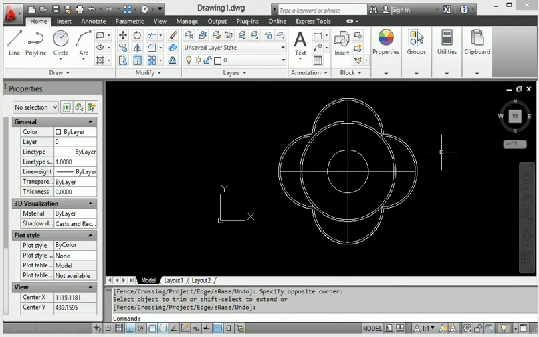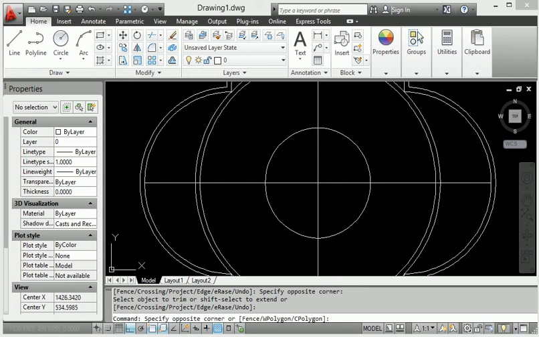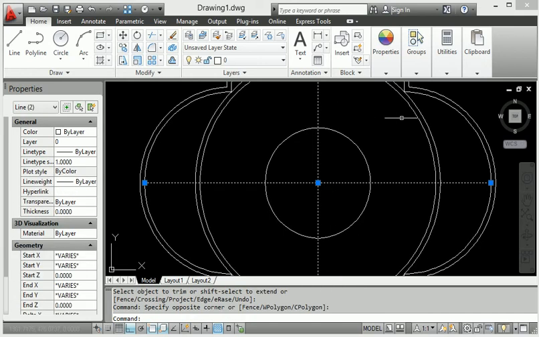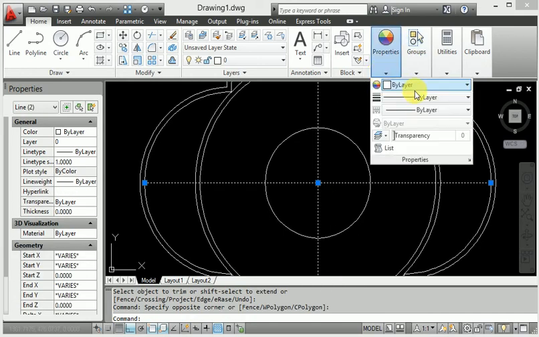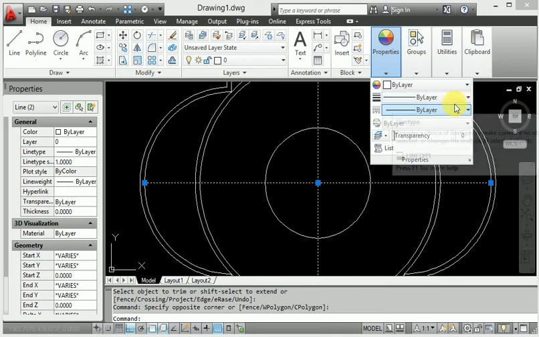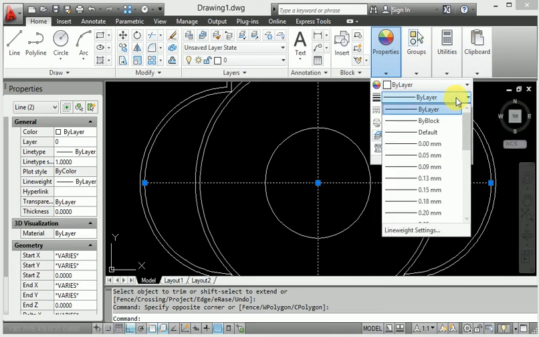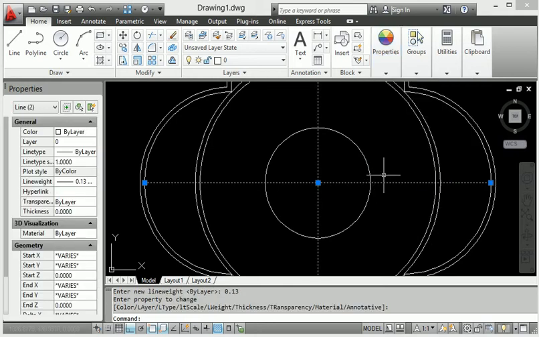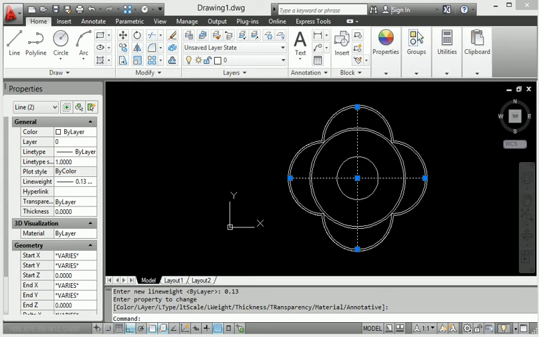This is our sketch right now. When I provide the thickness, this one is the center line. So then I go to provide the thickness. First of all, the center line thickness is always provided as 0.13, which is sufficient thickness.